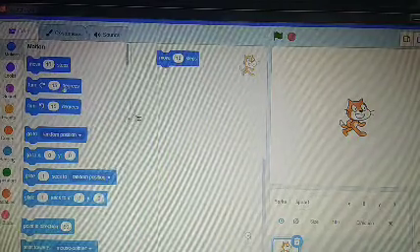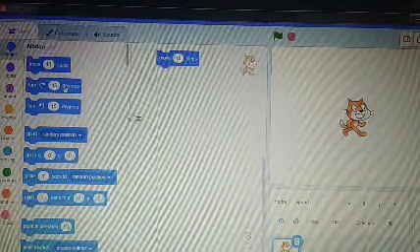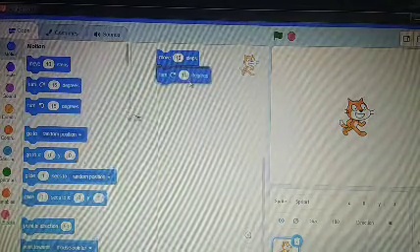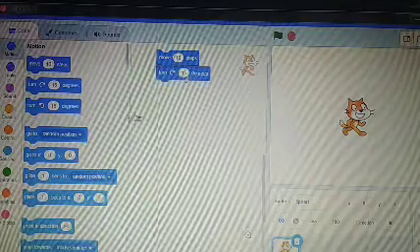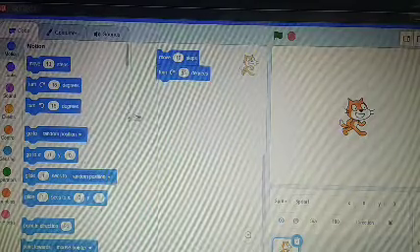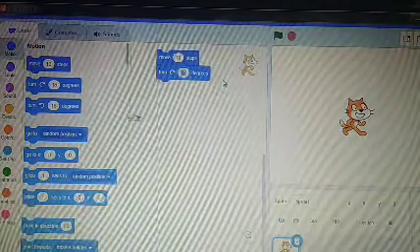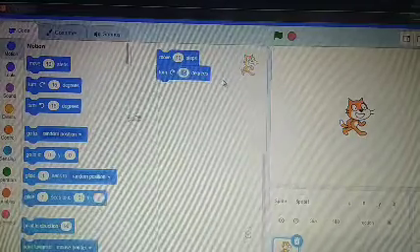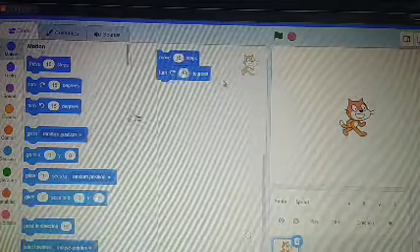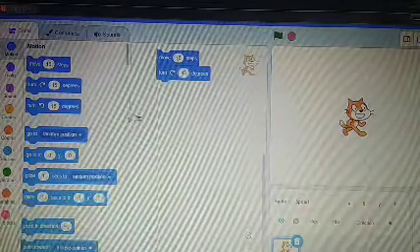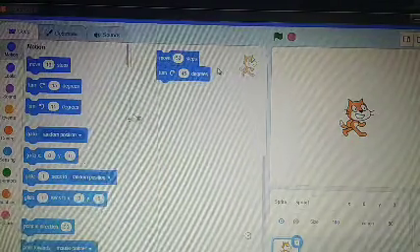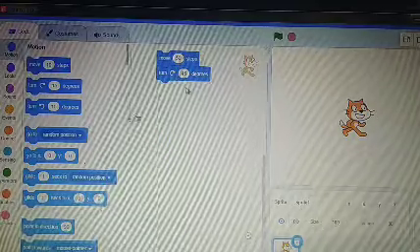The next is, if you have to turn, the degrees are mentioned here. See, 15 degrees. You can change this according to your requirement. By default it gives you 15, but you can make it 45 according to your requirement. These steps also can be changed. If you want to make it 50 steps, change this figure.